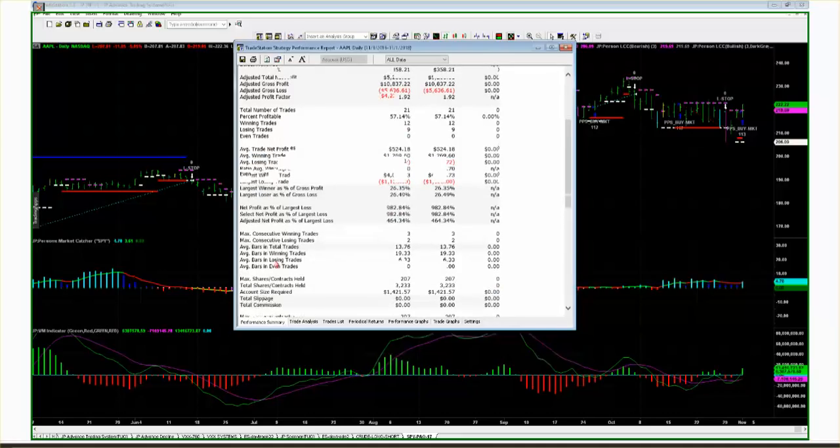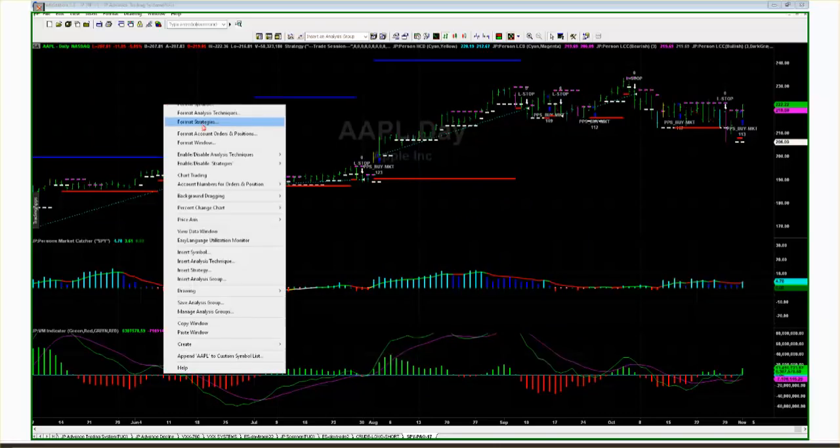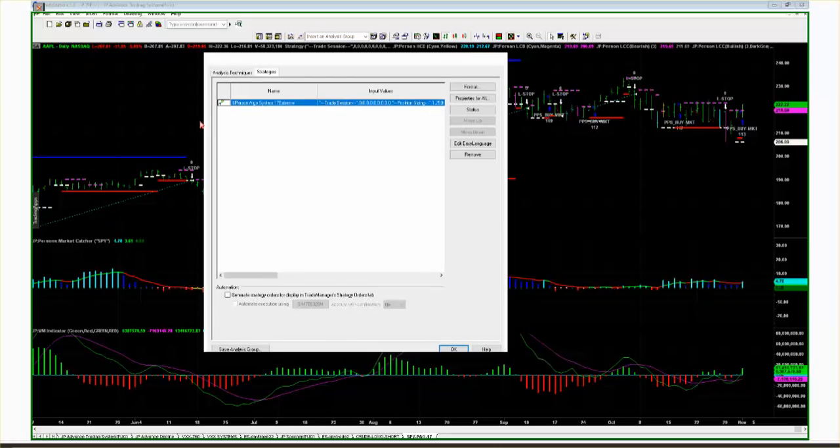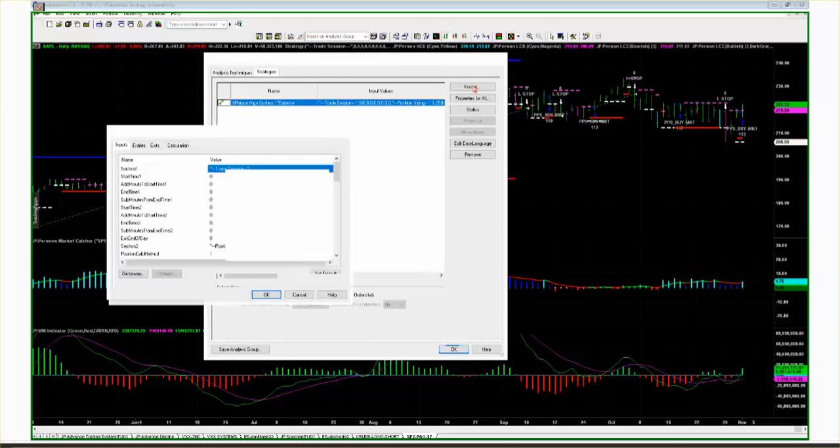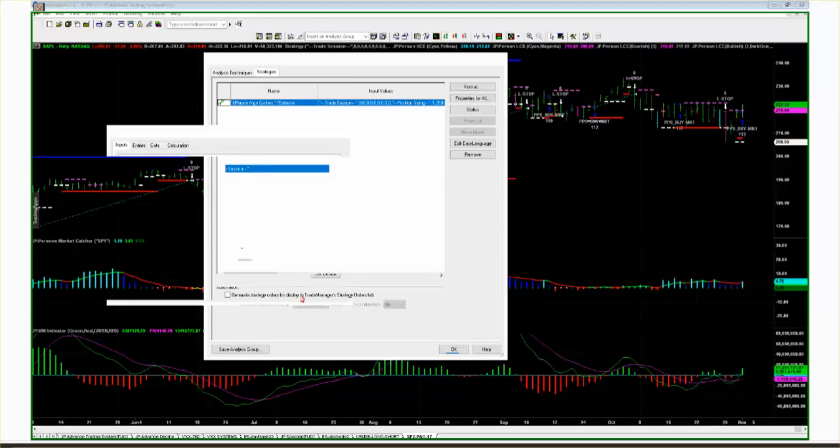Average bars in winning trades, 19. What did we put? 100. So your average bars in a winning trade is 19. So I'm going to write down that we need to change the optimization setting for our average time in a trade. So go back to Format Setting. It's a good start. Why is this a good start with Apple?